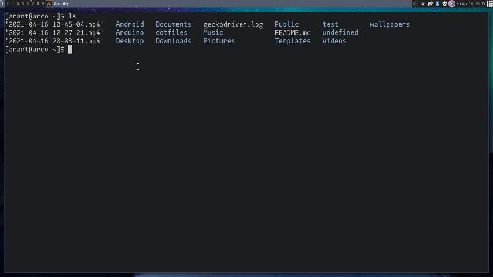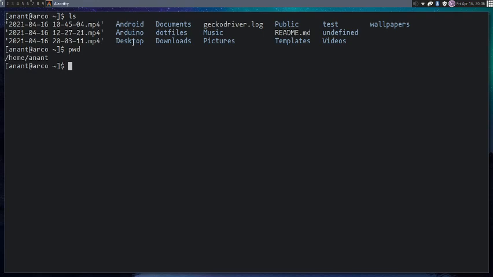But those are not all the files, not the only files that you can find in your home directory. First of all, how do I know this? Yes, this tilde sign lets me know that I'm in the home directory, but another command also lets us know. pwd tells us which directory you are currently in, and it is telling me I am in my home directory, and it is showing my username. If you have a different username, it will show your username.